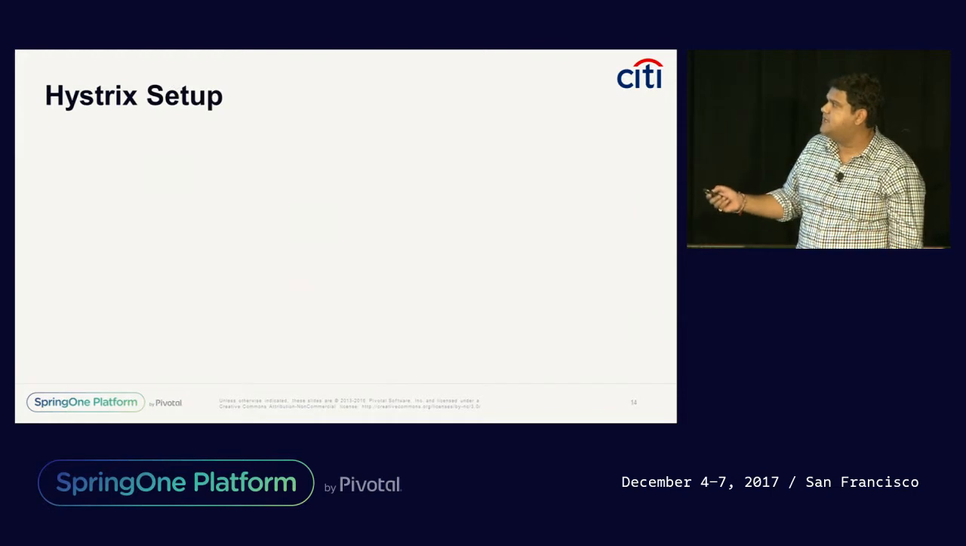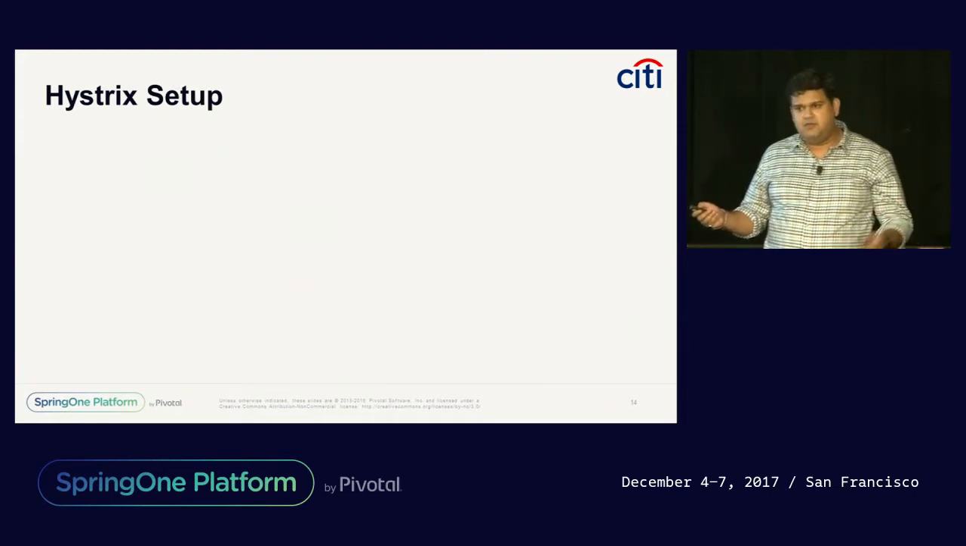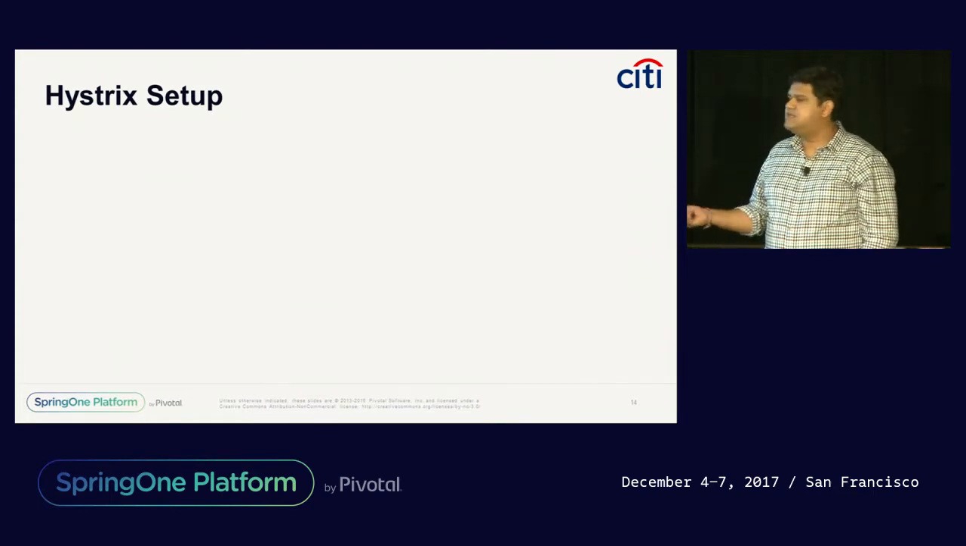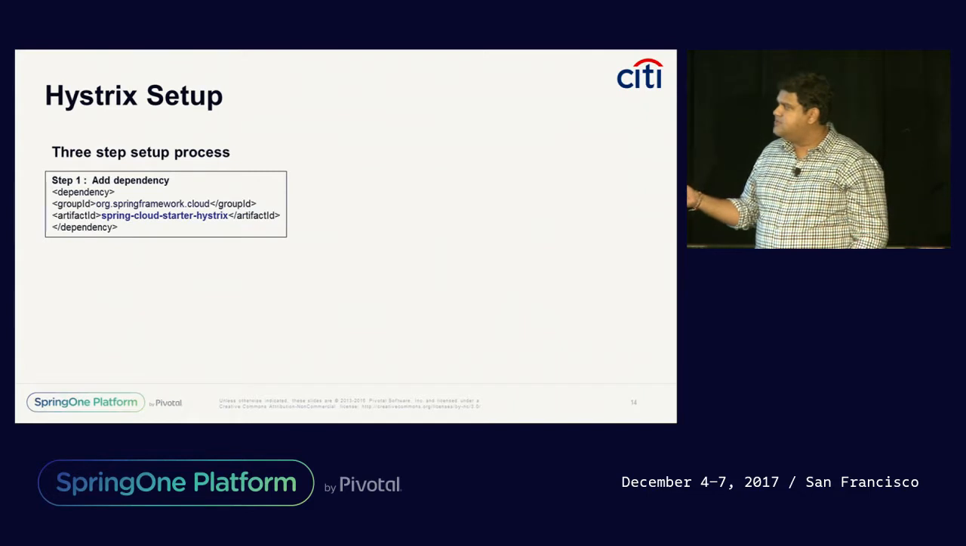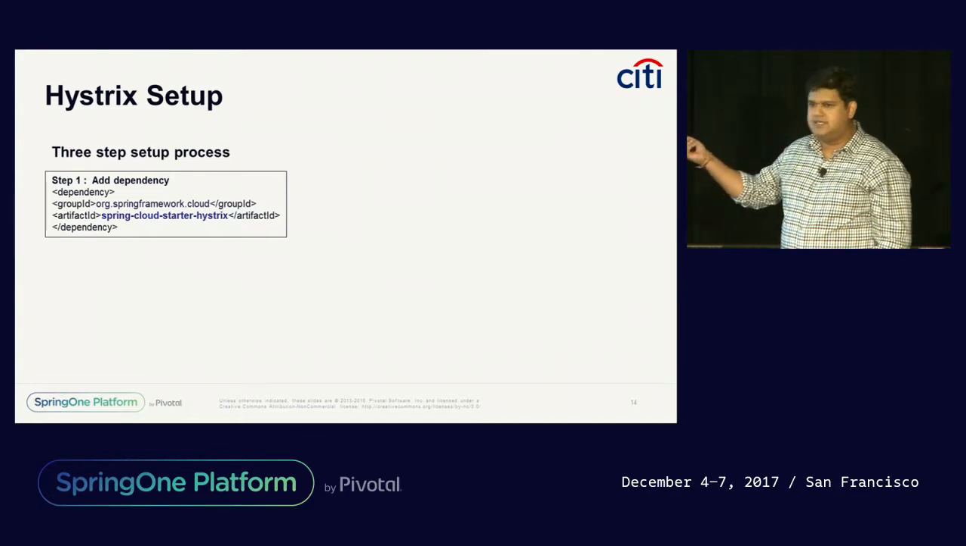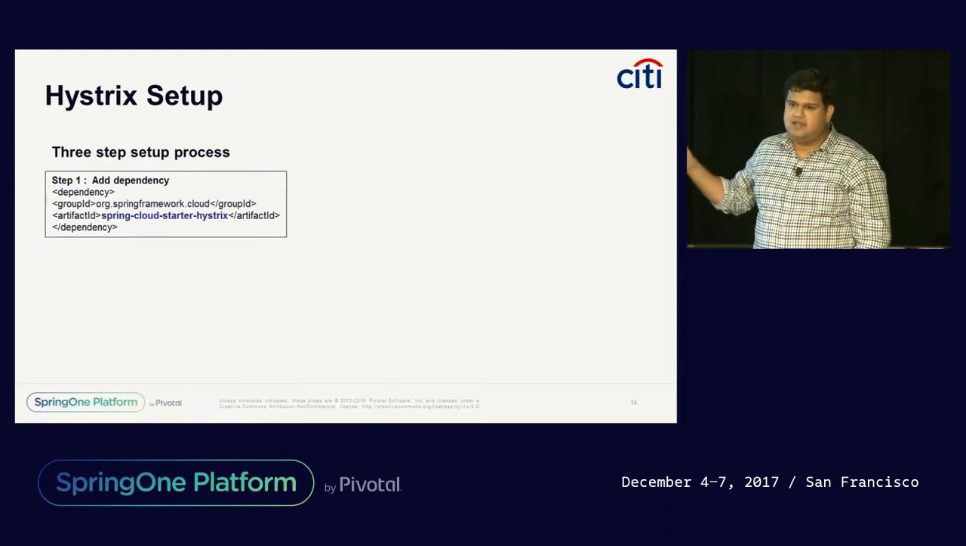So let's see how we set up Hystrix. If you are using the opinionated Spring Boot framework to build your microservices, setting up Hystrix is a real easy 3-step process. Step 1 is to add a dependency to Spring Cloud Starter Hystrix in your application maven pom.xml. So in our use case, we'll add this dependency in our offer service because that's where we want to apply